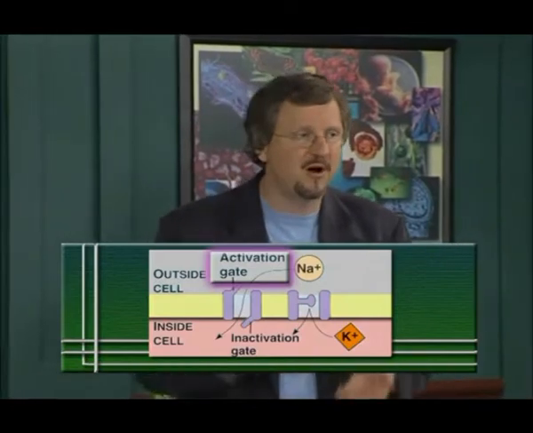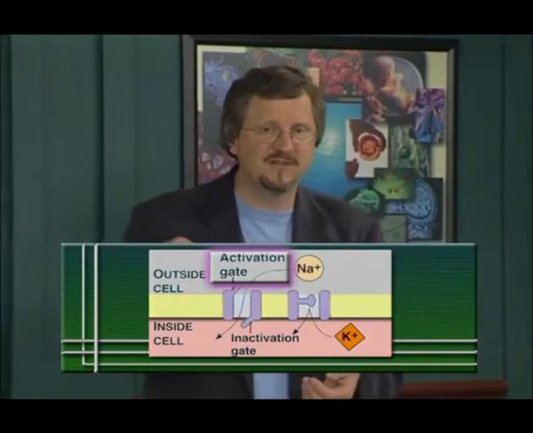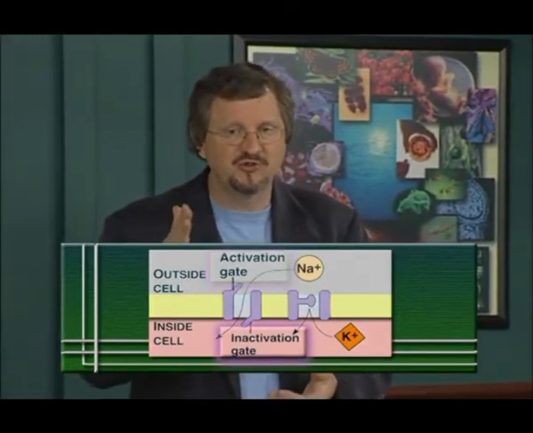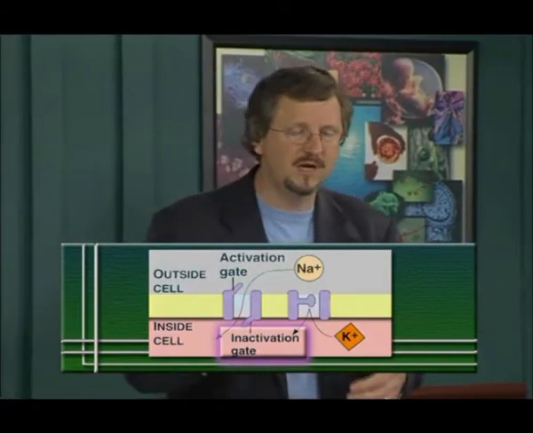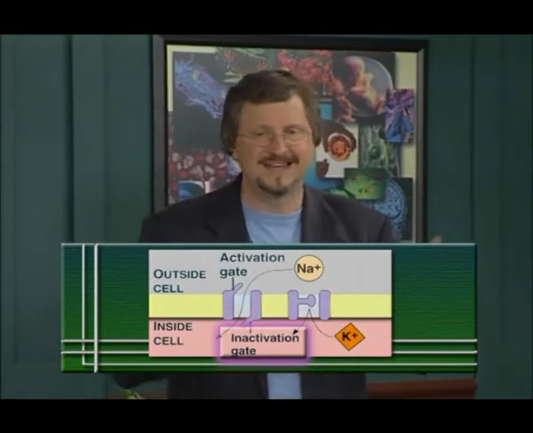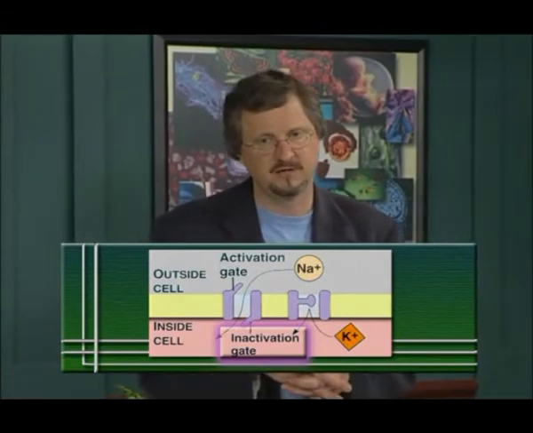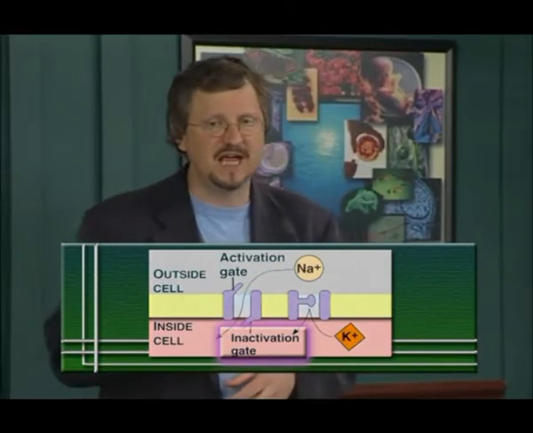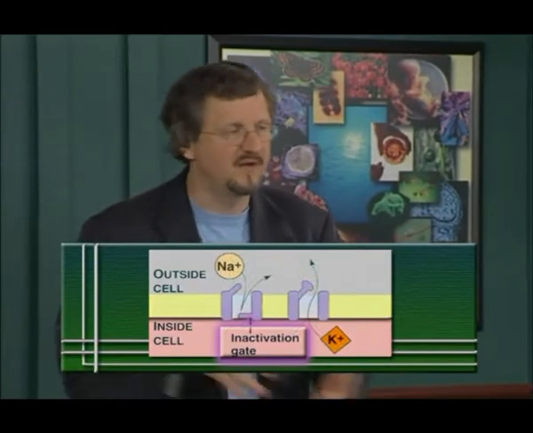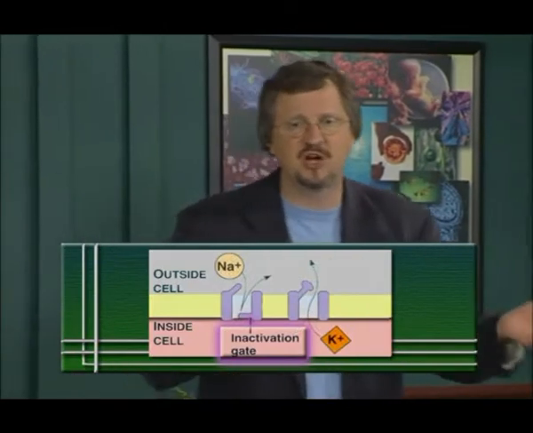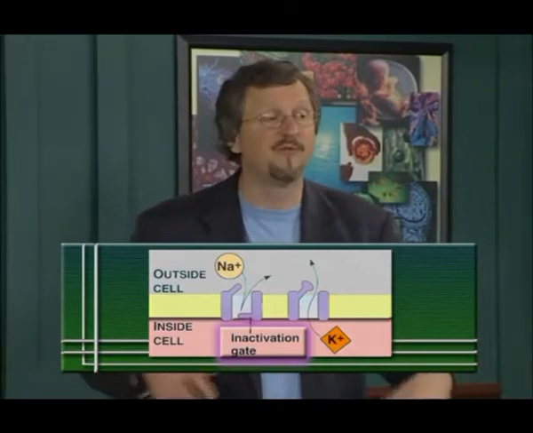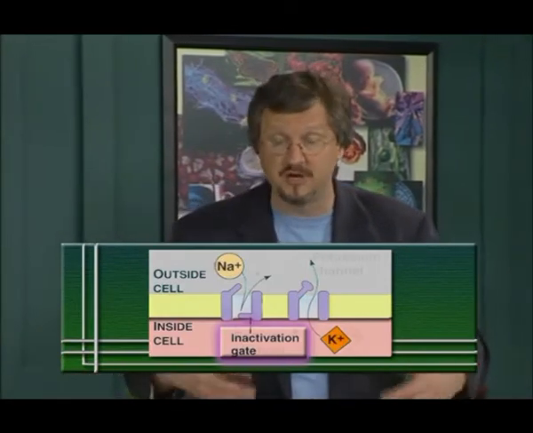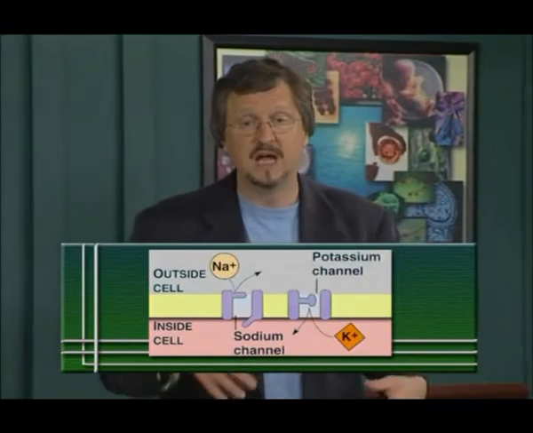But there's another part of the protein that, as a consequence of that first change in shape, will change its shape in such a way as to close the channel. This is what we call the inactivation gate, because it inactivates the sodium channel. Once the inactivation gate has swung shut on this protein, it stays shut for a certain period of time regardless, a number of milliseconds, before eventually the protein will return to its resting configuration and the inactivation